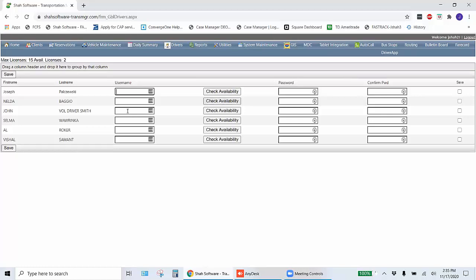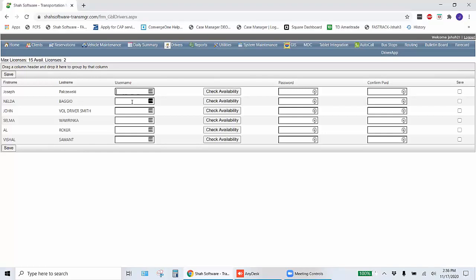I would recommend that you set up maybe just a couple of drivers at a time, because what happens is, say I fill up all of them and I put the password and something goes wrong, then it'll kick you out and you will be back to square one in setting up all of them. So it's better to do two or three at a time and then save them and go to the next two or three. Yes. And as I mentioned in my email,